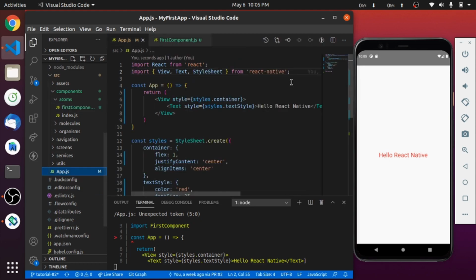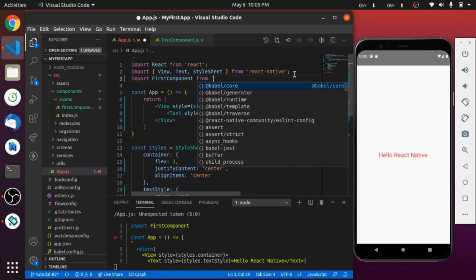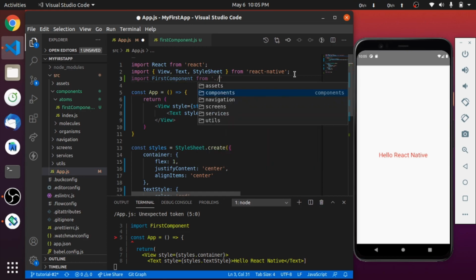Let's move to App.js and import our component like this. You can see VS Code auto suggests the folders and files, so we can easily import from there.